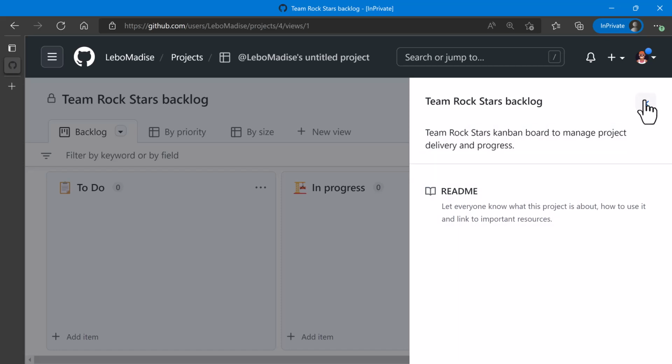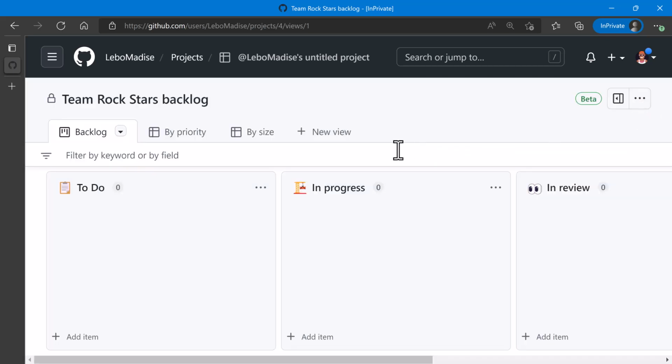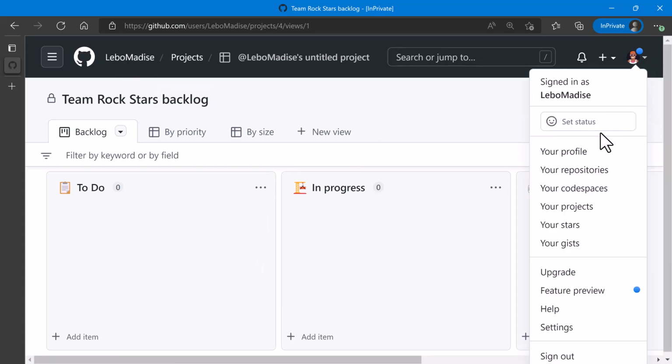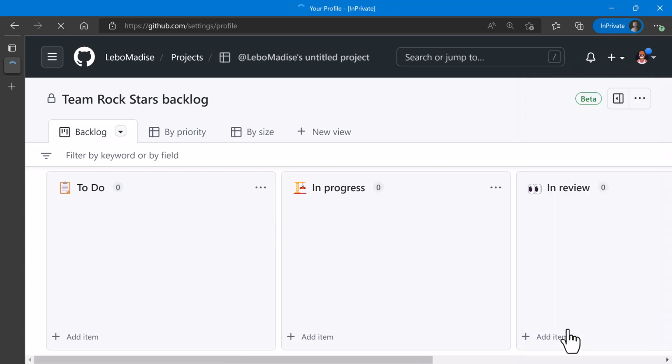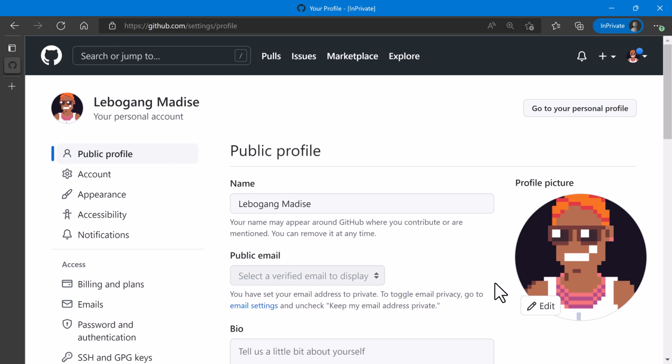Okay, so that's the project's description. Before I add any items, I want to go back. I actually want to go to settings and add collaborators to my repository. So you click on your profile and you click on settings, and then